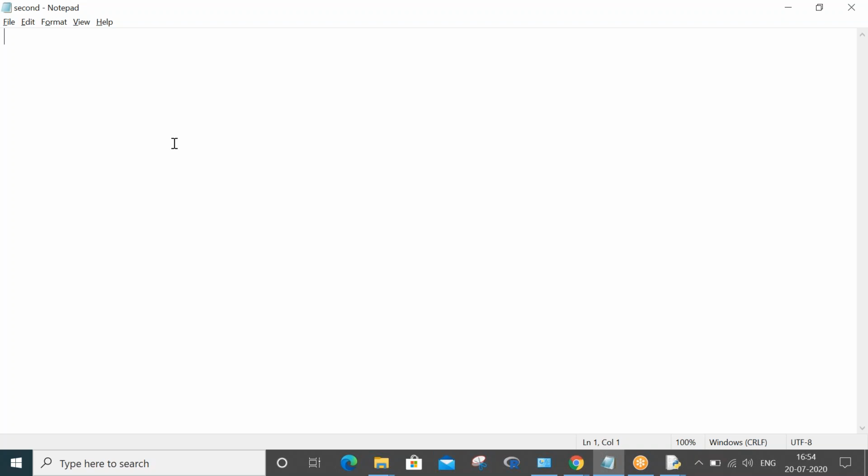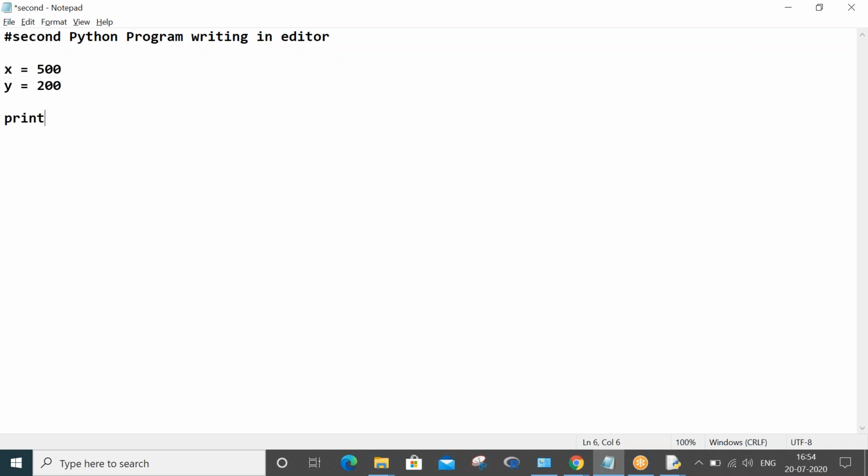Okay, so let me give a comment. Second Python program, writing in editor. So this is the comment which we are writing for our second program. X equals 500, y equals 200.